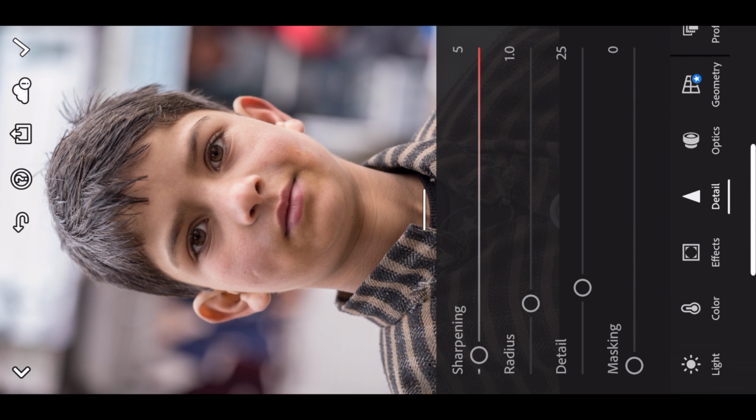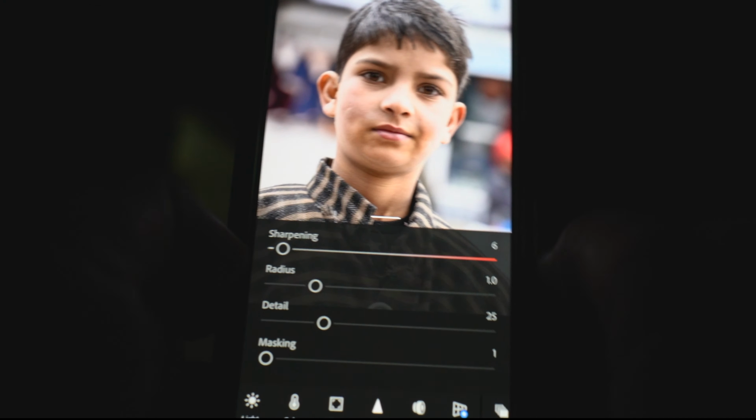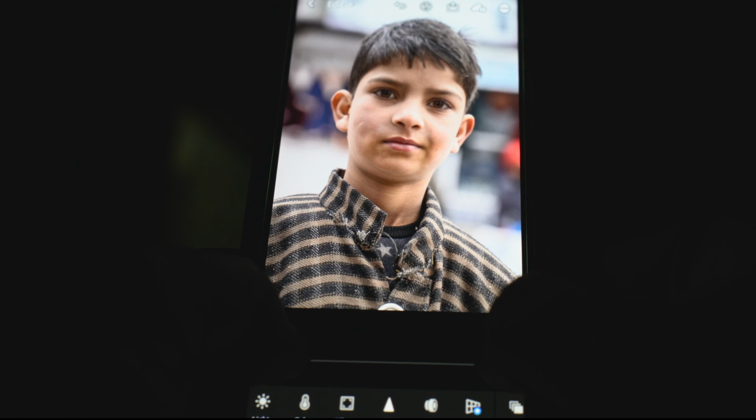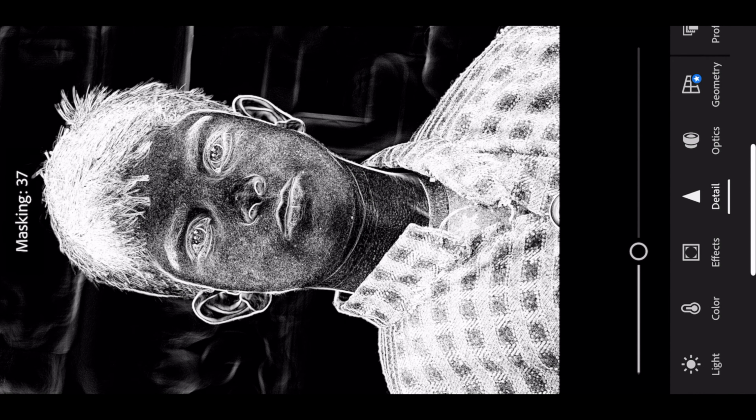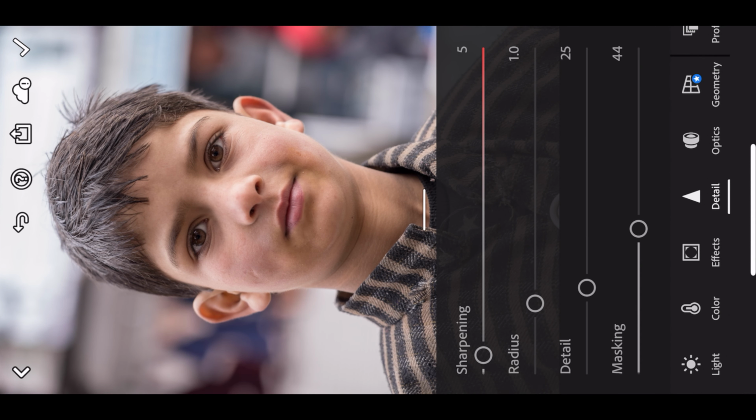I will show you how you can select and mask the area that you actually need the sharpening in, and not the entire image. Now, as you can see, the masking is at 0. Simply use your thumb and keep it on the slider where you can see the circle, and your index finger on the other side, and simply start to slide it. You will notice the area which is in white is the area where the sharpness is going to be applied once we are done masking the image. I probably feel that 44 is fine. Here we go. Now we have done the selection.